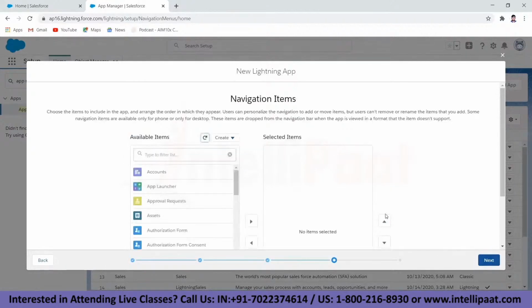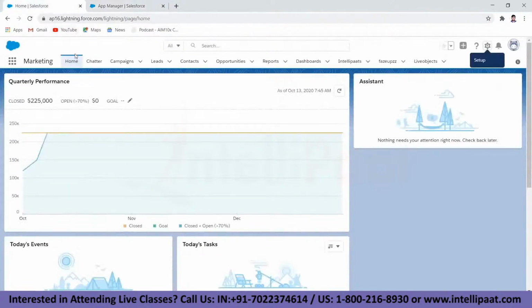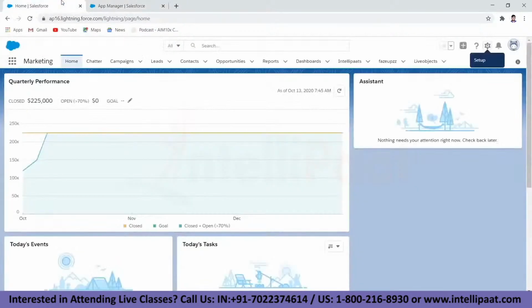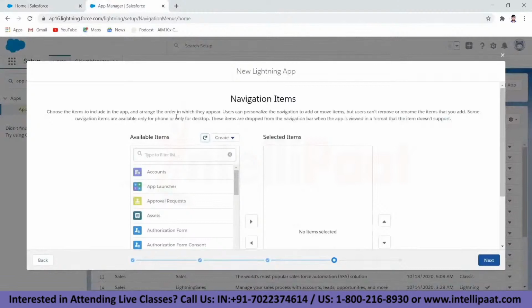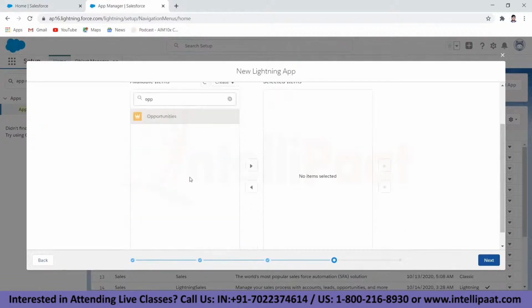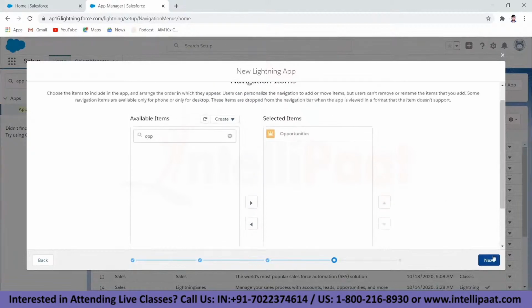Now in the navigation items, so what we saw here, this is an application right here, right? So on the left hand side, what navigation means is whatever you are seeing in here is selected through the navigation. You can basically come back and edit these as well. And for now, what we're going to be doing is we're going to take a default thing so that it gets more clearer to us. So let's take opportunities, if it is out there. Yeah, let's take opportunities and just put it in there, just for fun purposes. We basically do not need it right now. So we're going to be spawning only one thing, and we're going to click next.